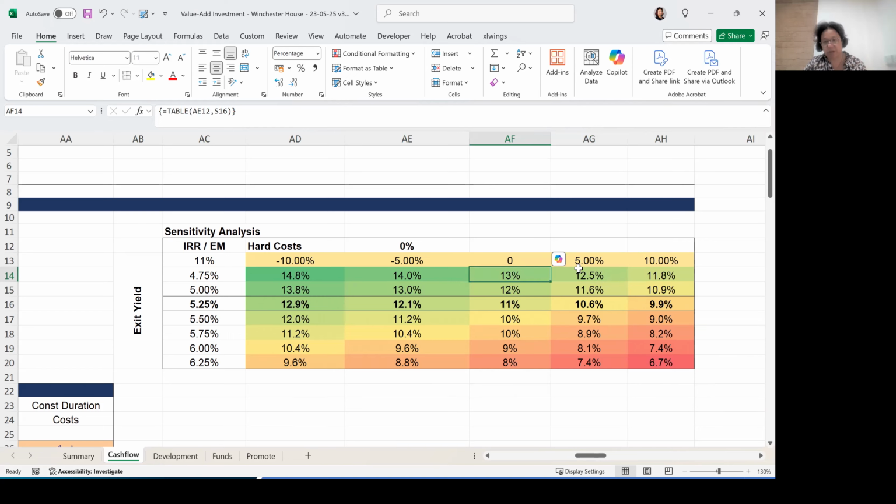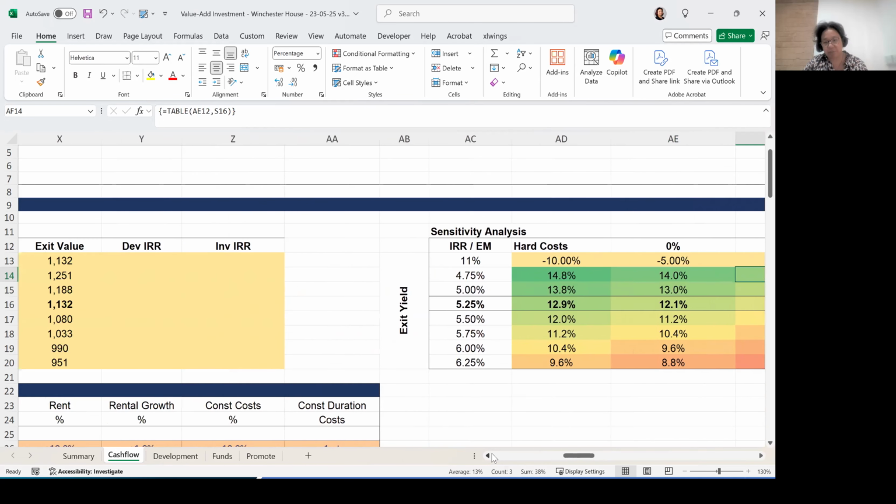So the 5% increase in construction costs means that your IRR is going to decrease by 0.5% if your yield stays at 4.75%. Okay, so you have to be careful about the way you look at the sensitivity analysis,